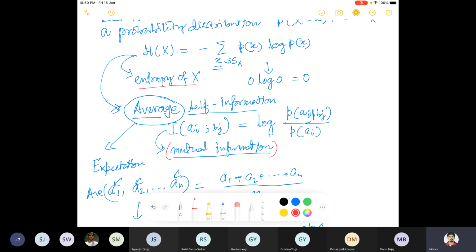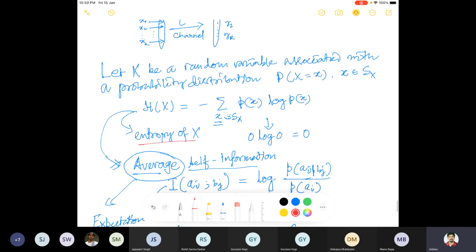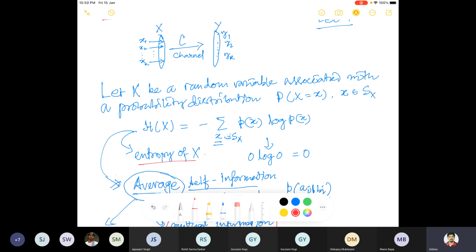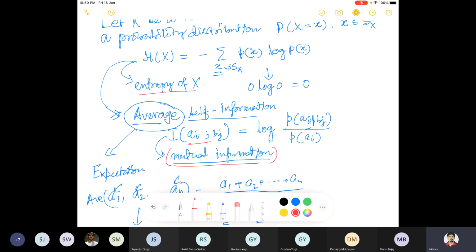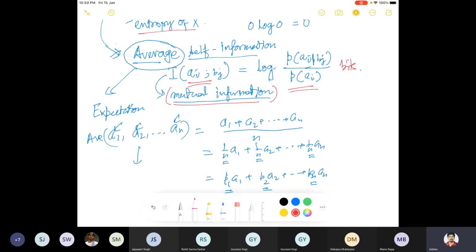So what we are defining here is mutual information. Now, what is the meaning of mutual information in this scenario? I wrote x1, x2, xn, but instead you can write a1, a2, ak, and y1, y2, yj, you have b1, b2, bj. So what is the mutual information here? This is the mathematical definition of mutual information, but how do we interpret this? This many bits you can write. How do you interpret this mutual information, how much information? We have also shown that this is equal to I.